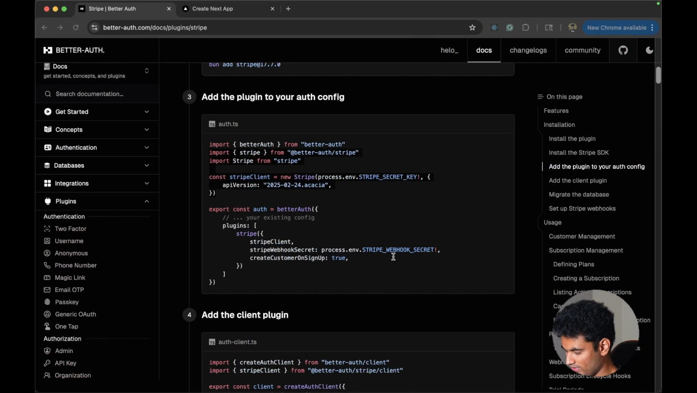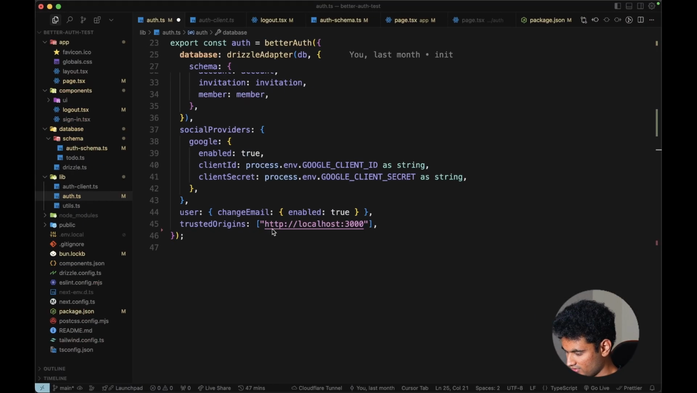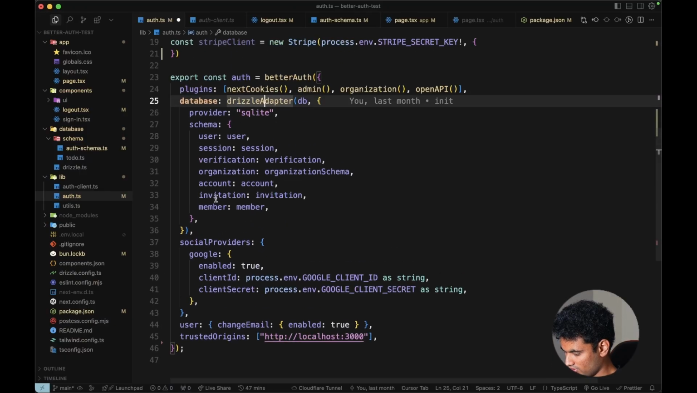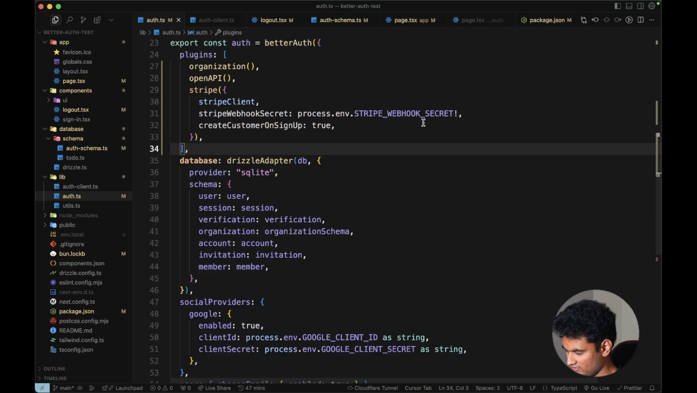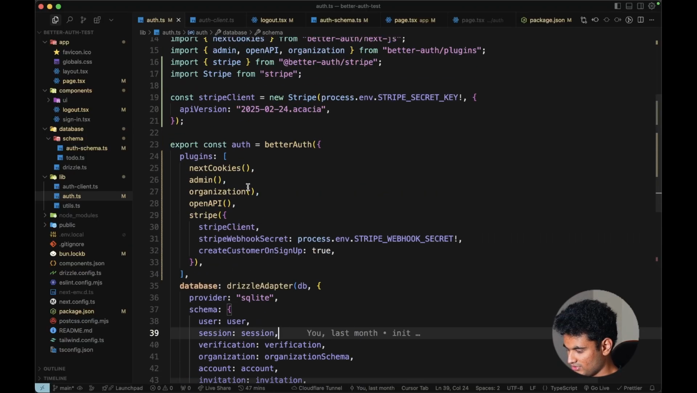So if we go back, we can find the code for the plugin. We just need to add it to the plugins array. So let's just do that right now. Where are the plugins? Here. I can just paste this and save this to format this properly. Now we have the Stripe client, which is getting passed here. Then we have Stripe webhook secret, which we need to create, and then we have create